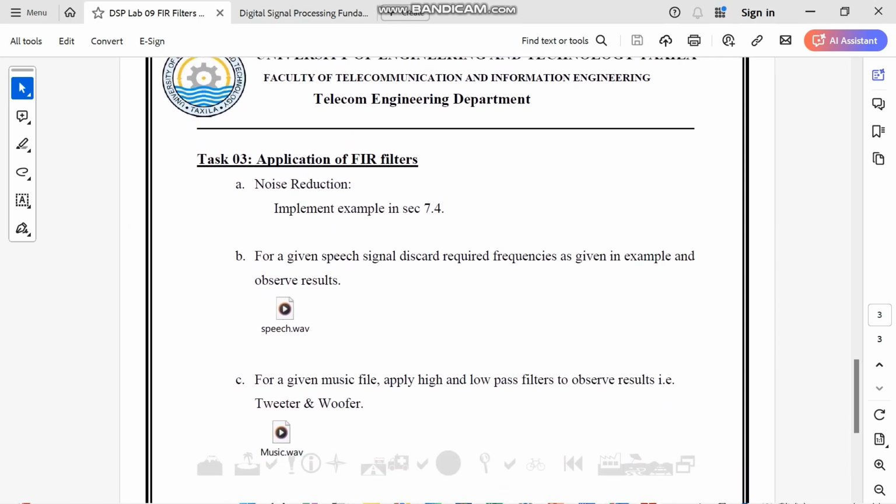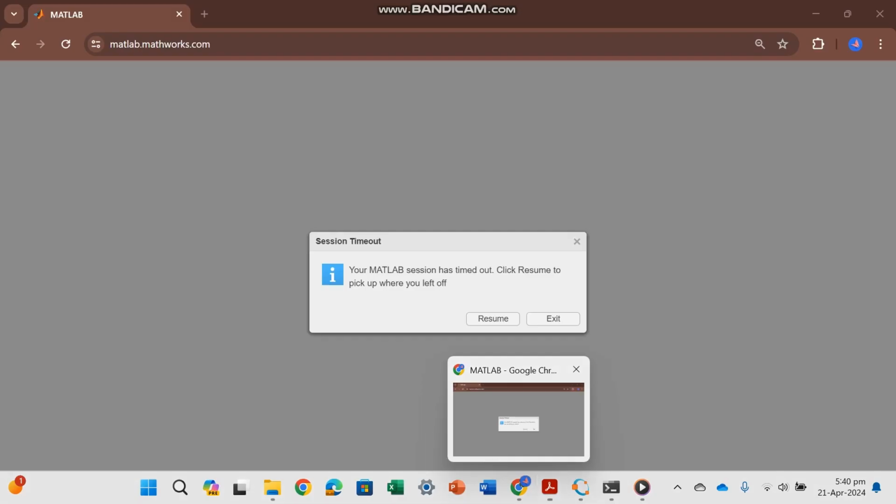For part B, we are given a speech signal and we have to discard the required frequencies as given in the example, and we have to observe the results. To see the code, we have